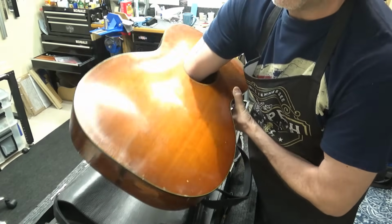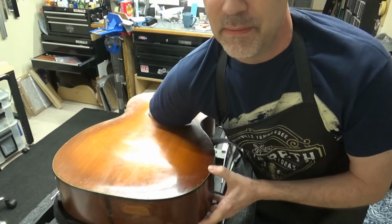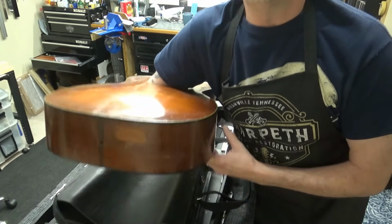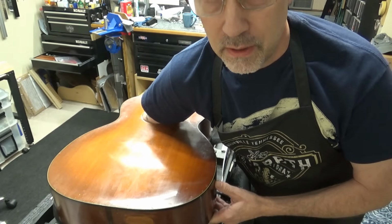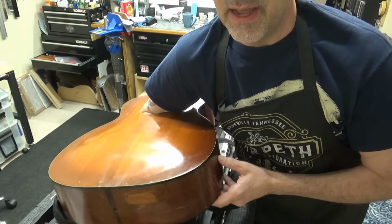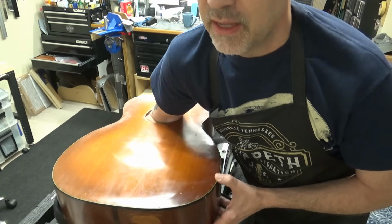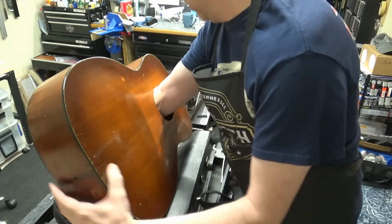I can get my arm all the way in here. I can actually hold a tool in my hand as well. Right now I'm grabbing onto it with my two fingers and my thumb, and I can really feel my way around this thing and pull it out if I could dissolve the glue somehow. Anyways,